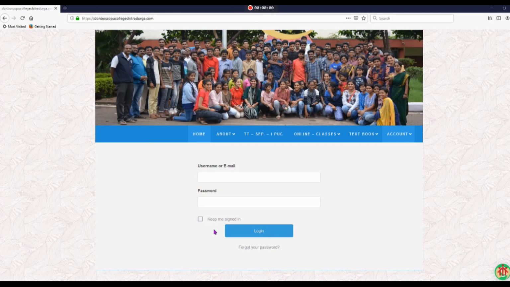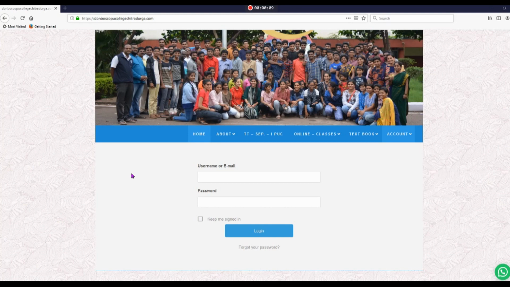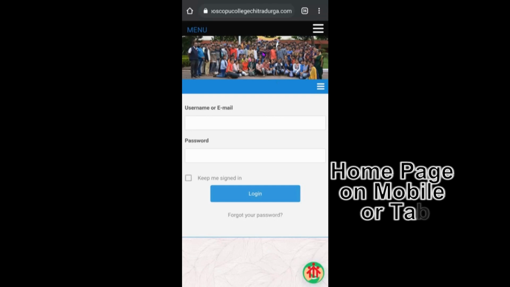The home page of the website appears like this if you are browsing on a laptop or desktop, and if you are using a phone or tab, the home page will appear like this.